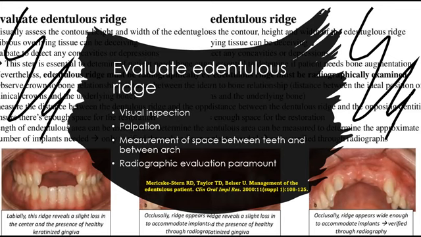and the underlying bone. We can also measure the distance between the dentulous ridge and the opposing dentition to ensure enough space for the restoration, which is a minimum of 8 millimeters. And the length of the edentulous area can be measured to determine the approximate number of implants needed. This can only be verified through radiographs, as fibrous overlying tissues can be deceiving. Nevertheless, the edentulous ridge must be radiographically examined and assessed.